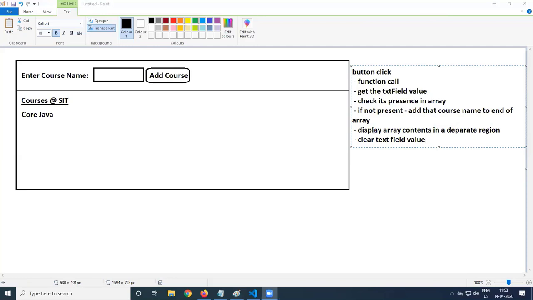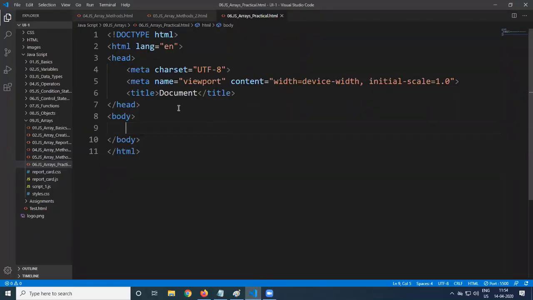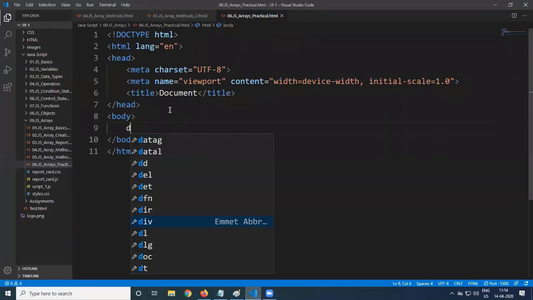So what is that we want to do is, we want to apply this particular logic. So these are all the steps we need to do whenever we click on the button. So first, let us design this page practically. We want to design this particular page. Now, let us see. We will have a division, one division.